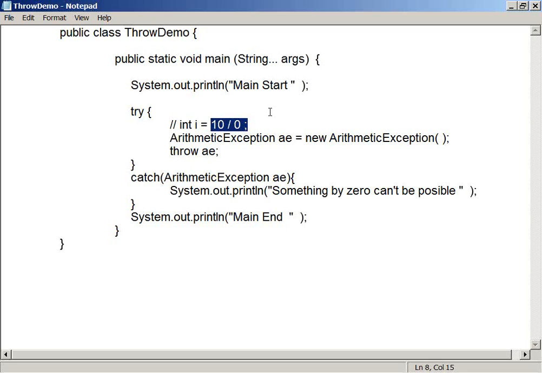Generally we don't use throw for just any exception. All exception classes will have the no-argument constructor. Any predefined exception you can throw, absolutely. If you want to change this to NullPointerException, you can try it now. NullPointerException, and create the object for it. It's not used for this purpose, that's what I'm saying.